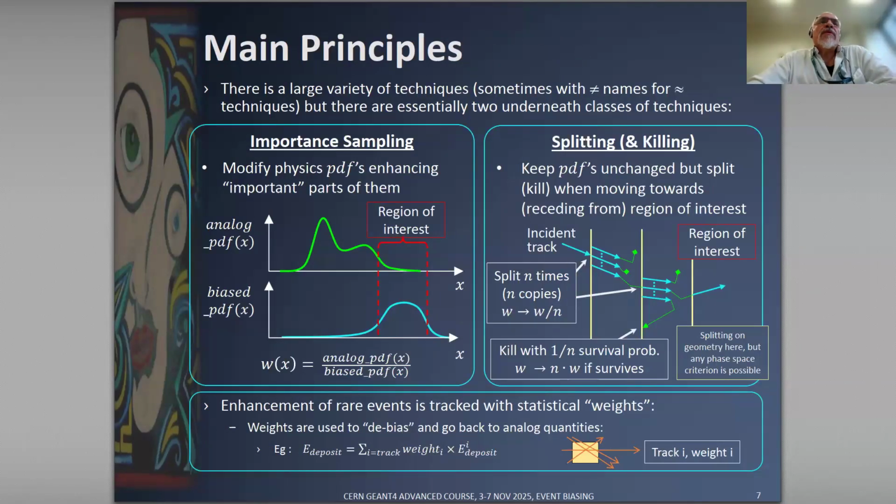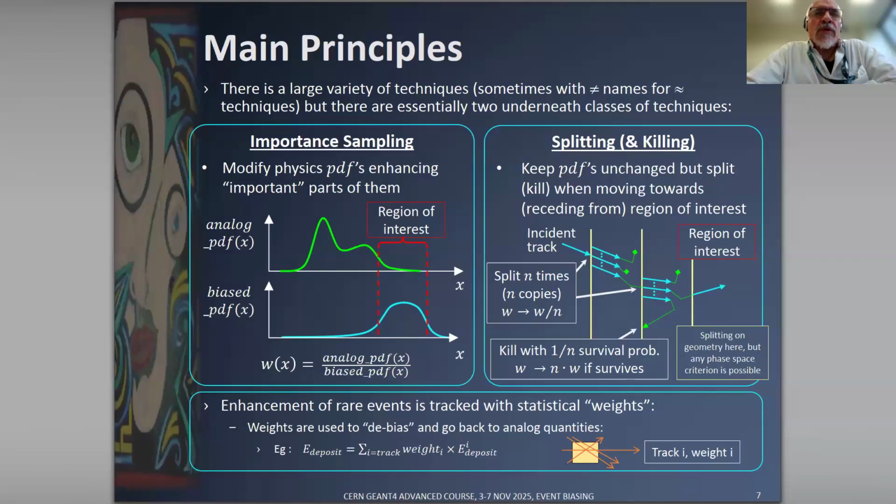So, main principles. There is a large variety of techniques which, when you go through the literature, have sometimes different names but tell about essentially the same things. But these techniques essentially rely on two underlying classes of technique. We have importance sampling, where you modify the physics distributions to enhance the important part of them. So I assume, for example, that the green distribution is an energy spectrum, and that you realize in your simulation that